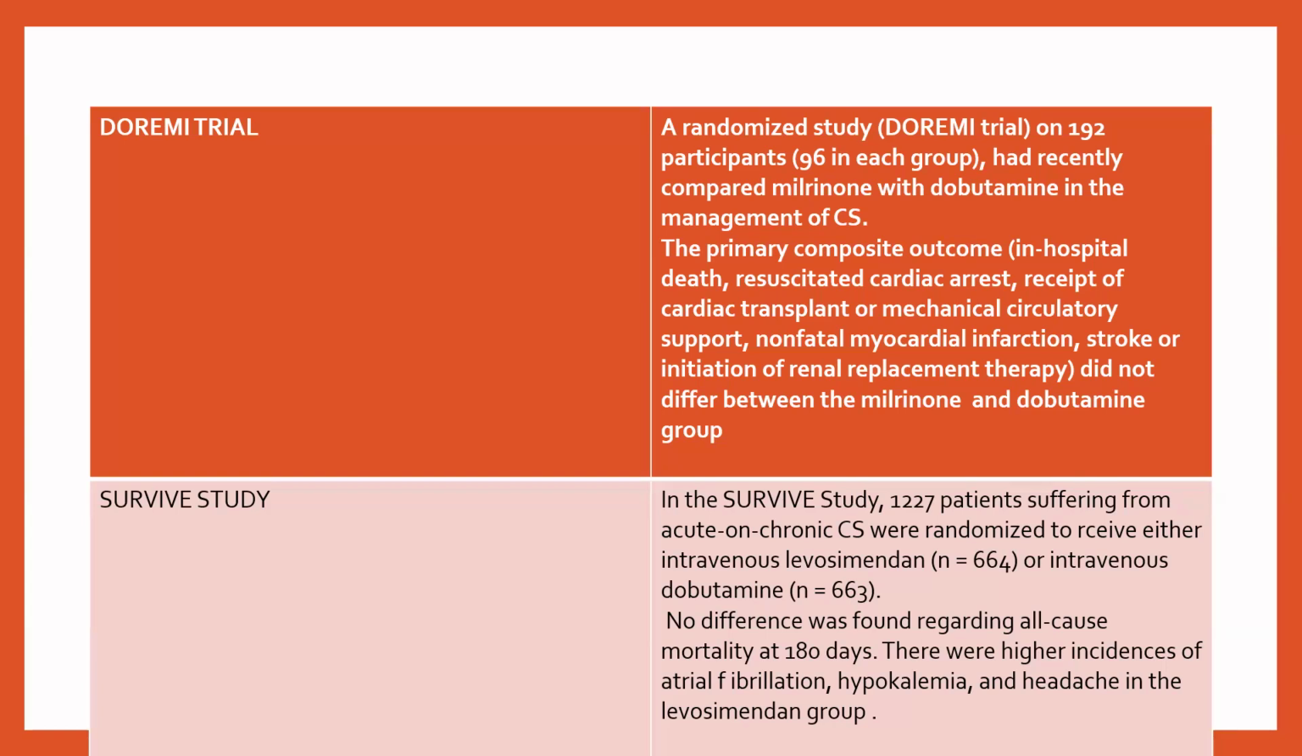And the next is the SURVIVE study. The SURVIVE study included 1,227 patients suffering from acute and chronic cardiogenic shock, who were randomized to receive either intravenous levosimendan or intravenous dobutamine. No difference was found with regard to all-cause mortality at 180 days, but there was a higher incidence of atrial fibrillation, hypokalemia, and headache in